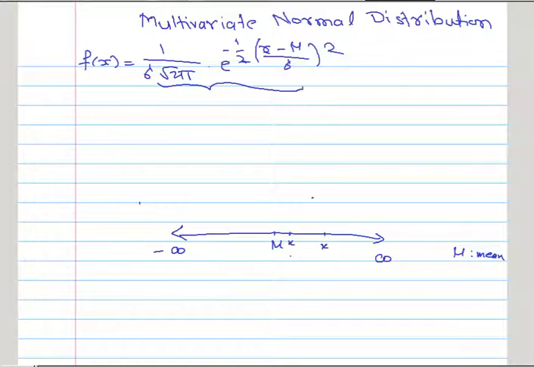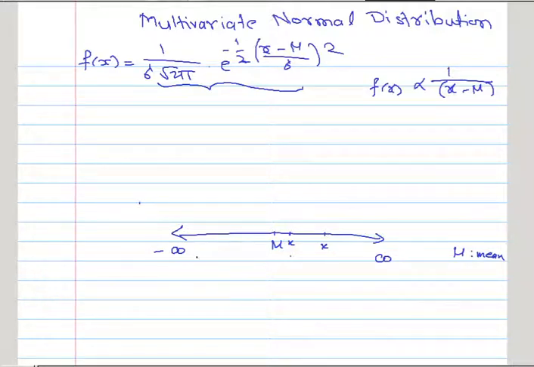So in short, whatever density we want has to depend on this x minus mu, the distance. The higher the distance, the smaller the density; if this distance is smaller, then the density will be higher. So it will be a kind of inversely proportional relationship. As x minus mu increases, we want f(x) to be smaller, so that this point will enjoy a higher density and that point will enjoy a smaller density value.